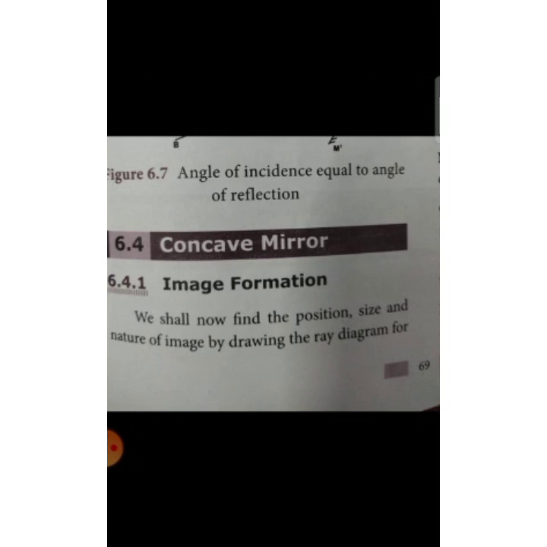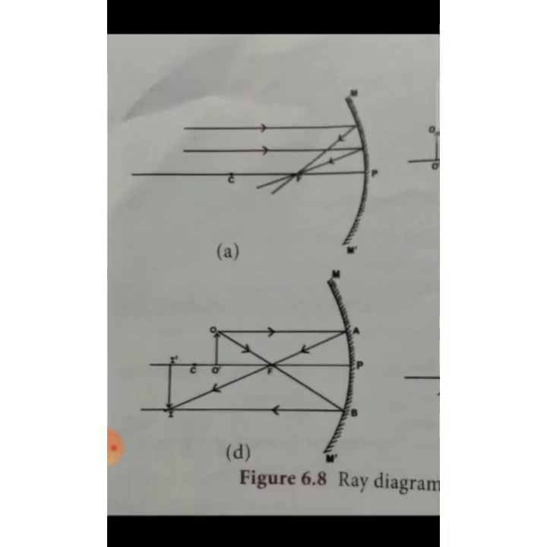Next topic is image formation in a concave mirror. That is how the image is formed when the object is placed at various places in front of the concave mirror. We have 6 types of image formation in a concave mirror. Now we are going to see those 6 image formations. See these 6 images, students. First, we are going to discuss A.